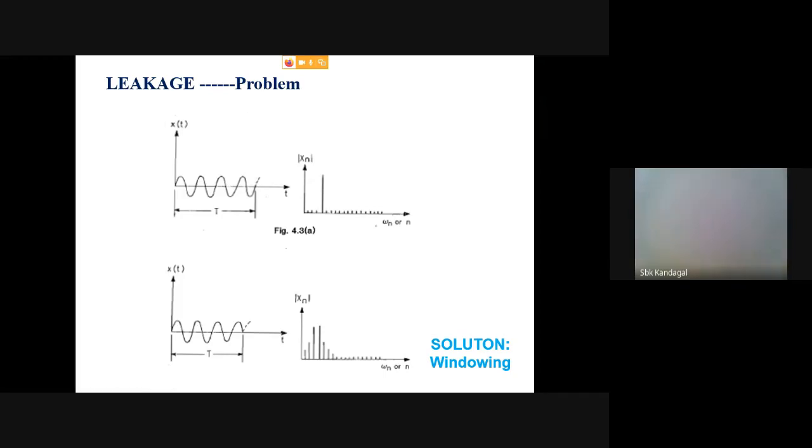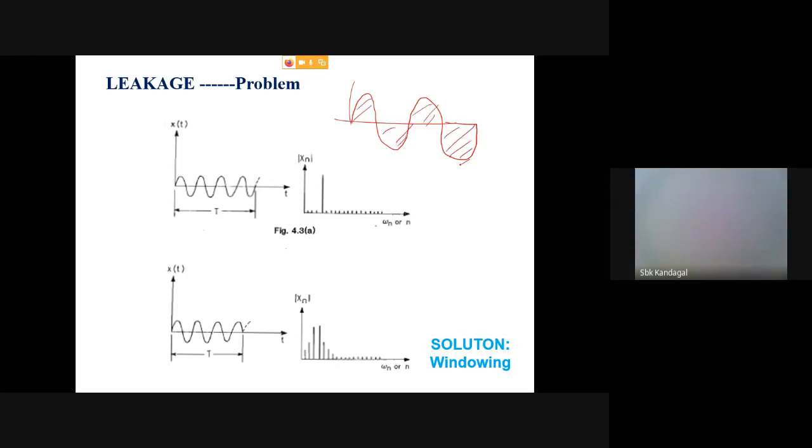Next is the leakage problem. This leakage essentially happens due to the data acquisition. See, what happens is when you start acquiring the data, ideally you say start and stop, and you have captured the signal. But unfortunately, when you are doing the experimentation, the timing is not in your control. You press the stop button, and it will come and stop here. It is impossible to stop exactly here. So what happens is you have a half signal here.